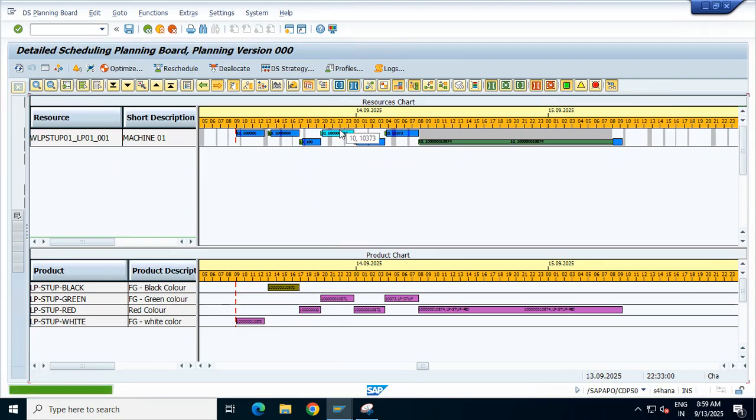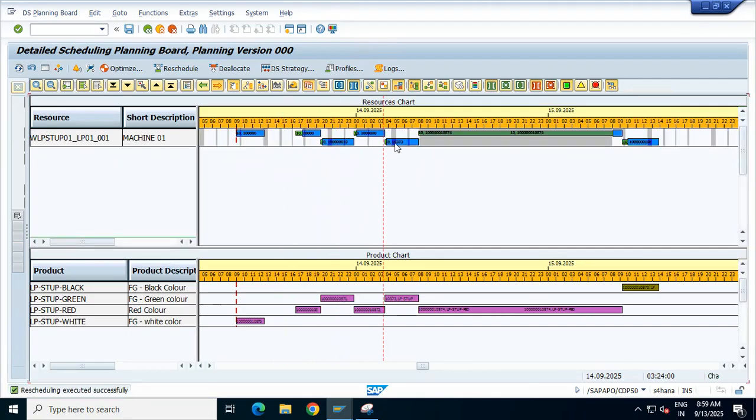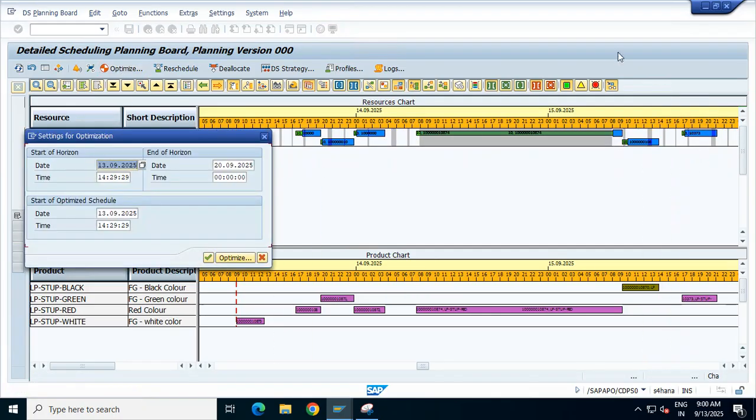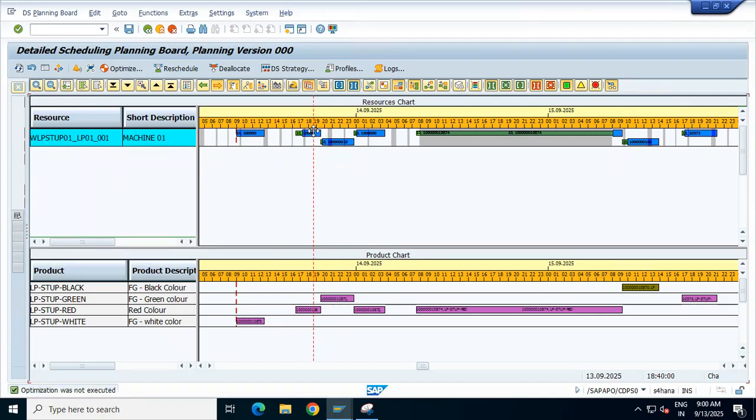So even if I make manual changes, I shift these things here and here, then I run this optimizer. That's just because it is not that complex. At one time the system has given it, and the difference will come when we will be having a complex